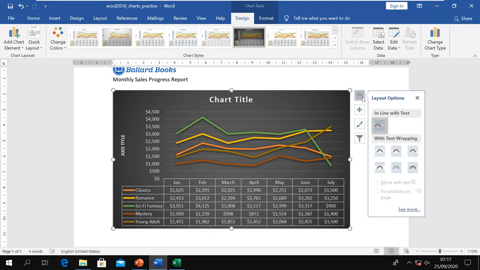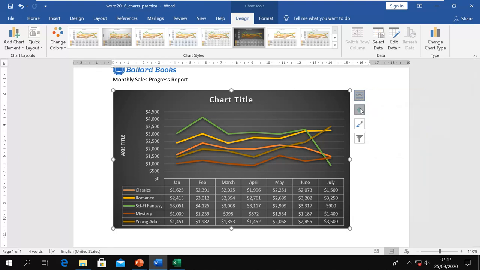So what does this one do? Alignment. Just like now this chart, when you select the chart, our Word will take it as a shape. So just like shapes and pictures, we can align those things with the text. Right now I don't have text on this page, but if you have, then you can choose from these options to align your chart with the text.